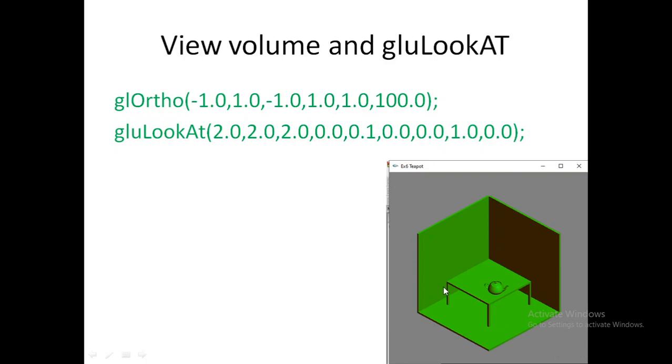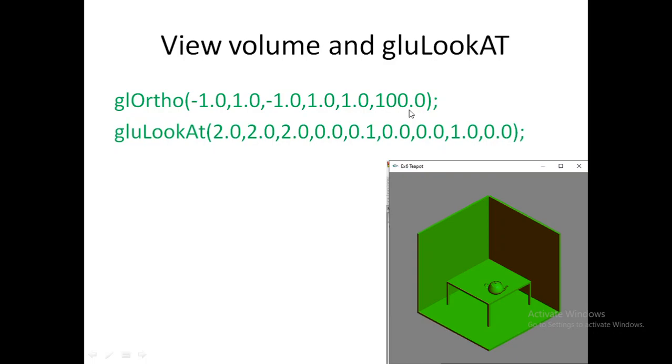So in this view volume, left, right, bottom and top, the view volume is set to 1 unit value. So left side -1, right side +1. Same bottom side -1, top side +1. And you can see this is the near value and this is the far value. All the values are 1, but only on the Z side, that we cannot see here. So your front side is positive 1 to positive 100. The view volume is created here.